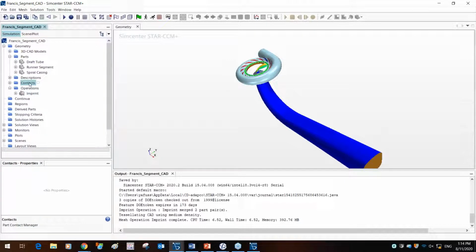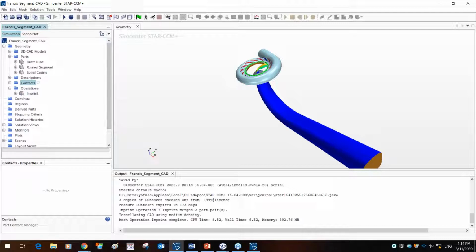So every time you imprint, you create these contacts, and these contacts make sure that they're conformal out here. Now, if you don't have these contacts, you would have a non-conformal mesh. And what would happen is that you would have data transfer through a medium or through interpolation, essentially. But what we want to do over here is create a conformal mesh.